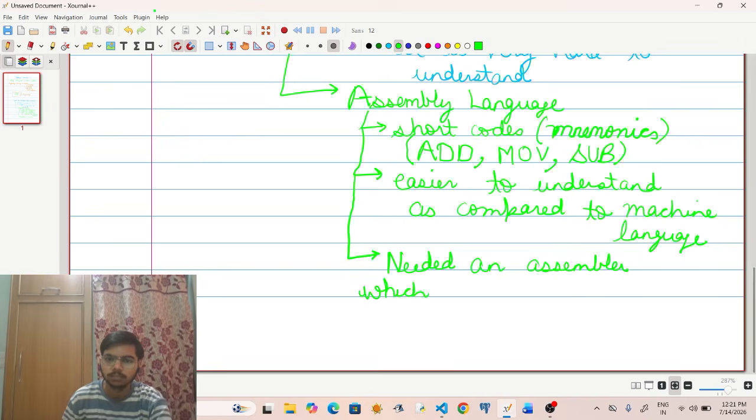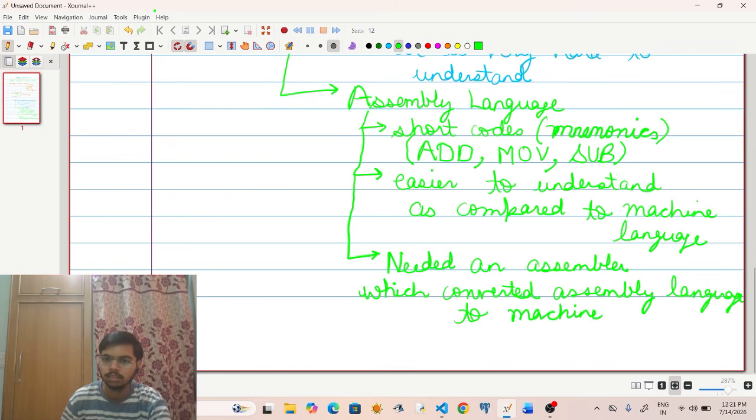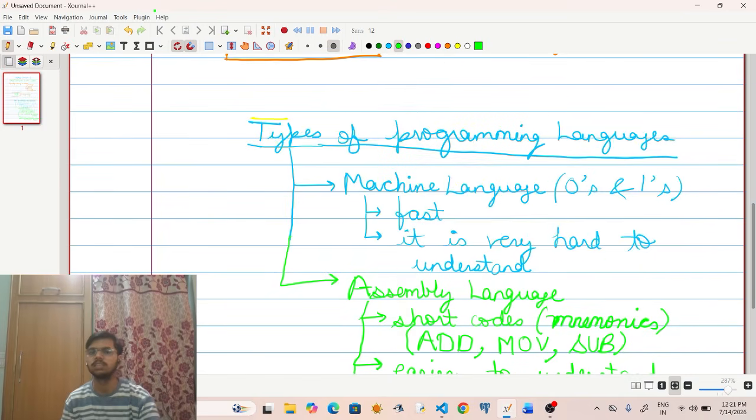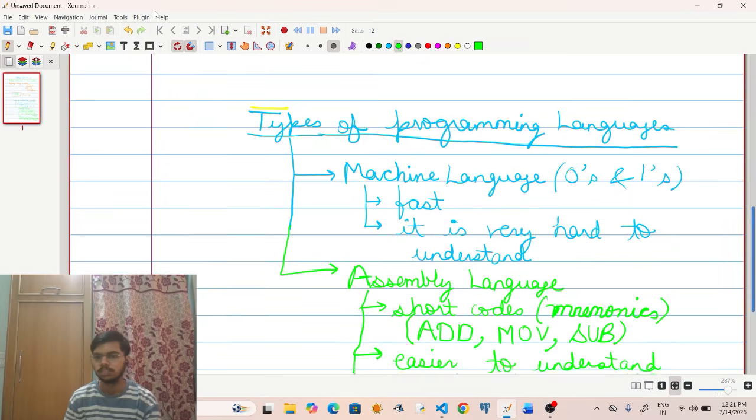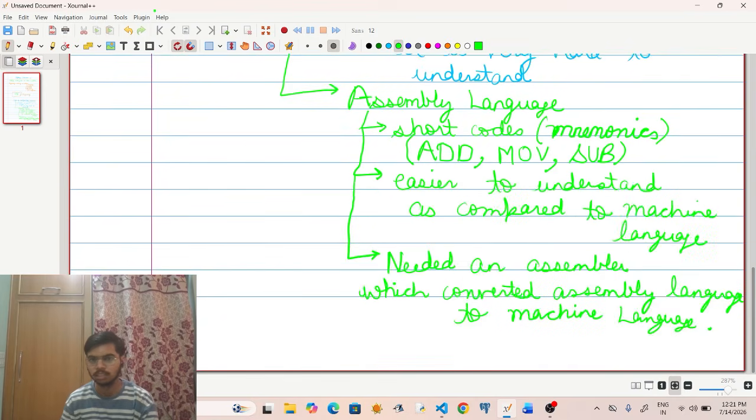This is because the machines can only understand zeros and ones, but we have written the code in the form of these letters add, move, sub, also called mnemonics.